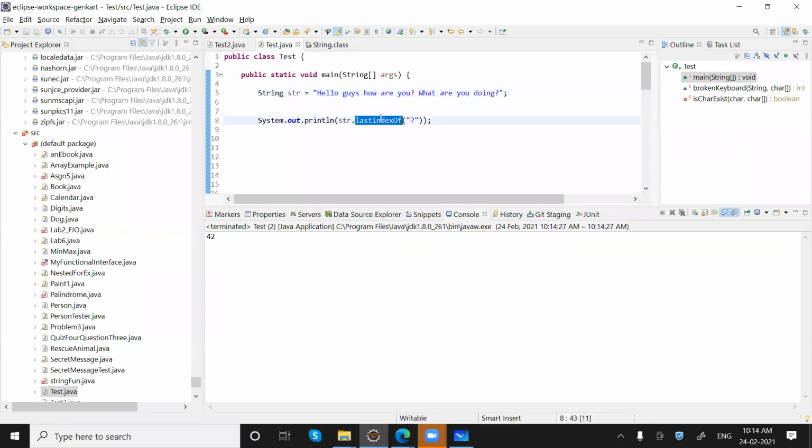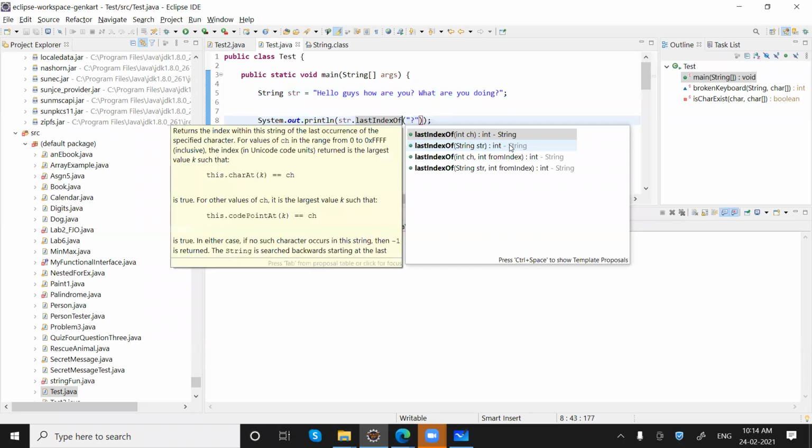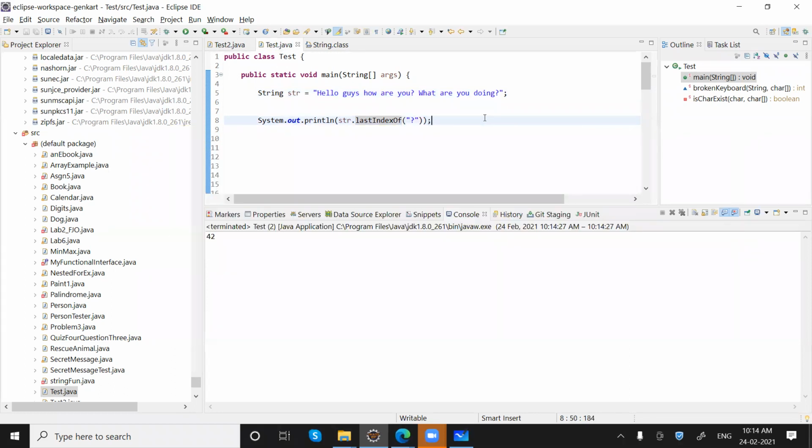And this can be used again in both ways, like we were using the indexOf method. So we can pass the index like this. lastIndexOf basically tells us the last index where that particular pattern was found. Make sense?